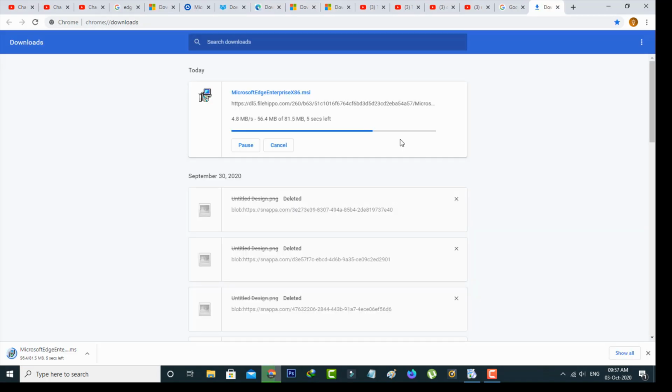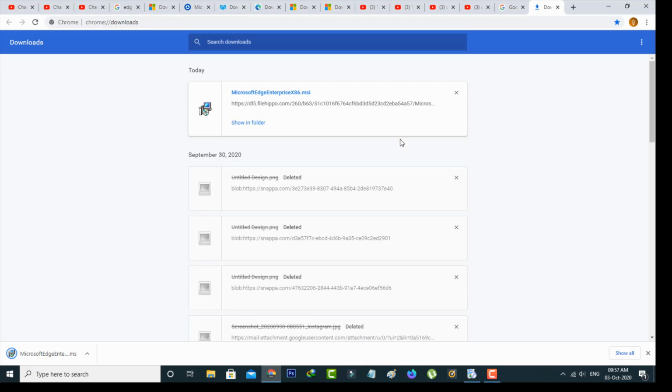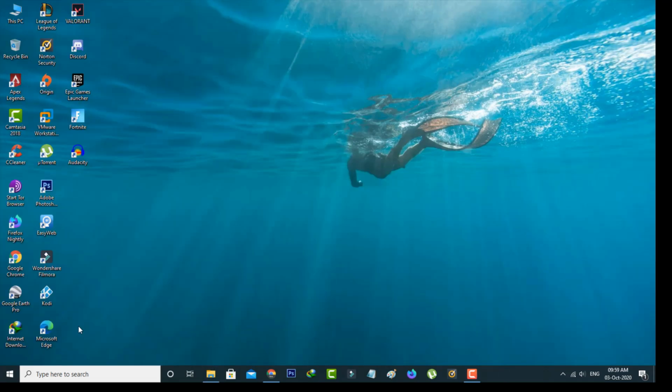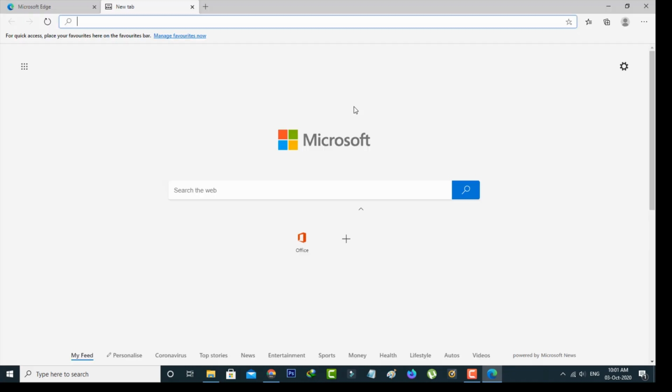Now my Edge starts downloading. Once the downloading process is completed, I try to install this Edge browser. Finally you can see that this time my Microsoft Edge browser is successfully installed on my Windows 10 PC, and it does not show any other error notifications. So this is the way you can easily install your Windows 10 Microsoft Edge browser by watching my tutorial.